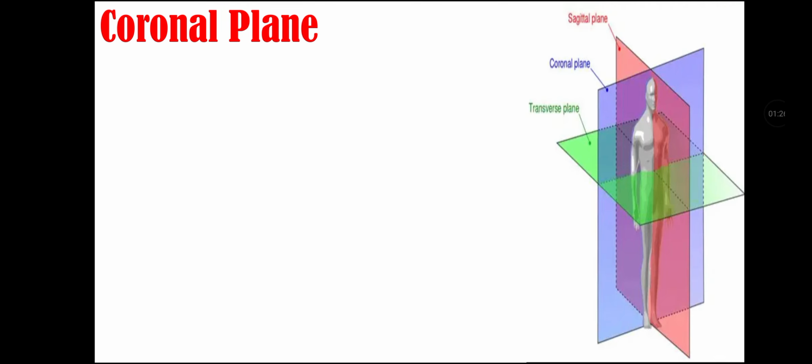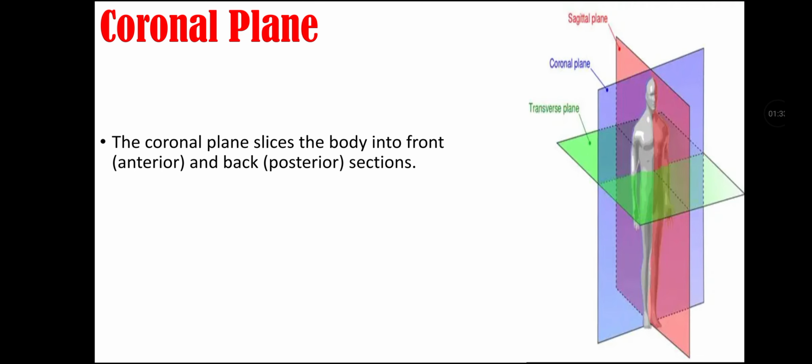Second plane is coronal plane. As you can see here in diagram, the blue color plane is the coronal plane. This plane slices the body into front and back section. The plane that slices the body into anterior and posterior section is called coronal plane, as you can see